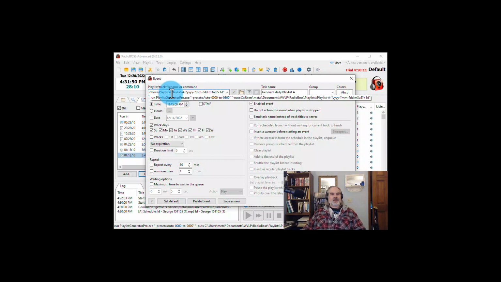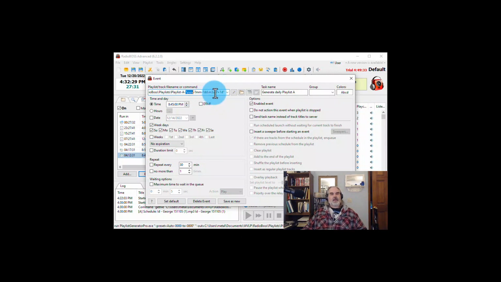to create files called playlist A, or B or C in my case, with wildcards in them, $YYYY, $MM, $DD. You can probably guess. Those are going to be year, month, and day. And those are loaded in with the year, month, and day that this action is taking place. So when this playlist generation command in the event schedule triggers later tonight at 8 something p.m. for tomorrow, the data that's going to be loaded into the file name will be, right now it's December 20th, so